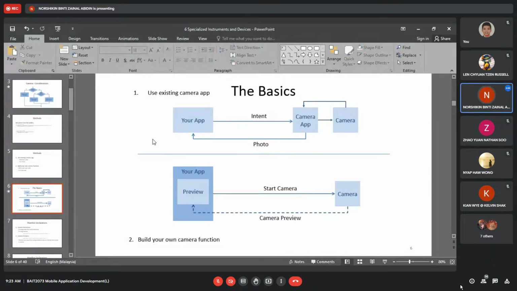So let's look at the first one first, use the existing camera app.